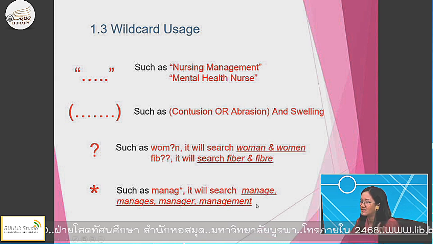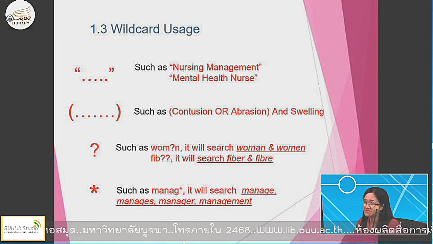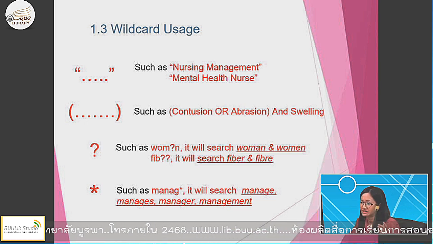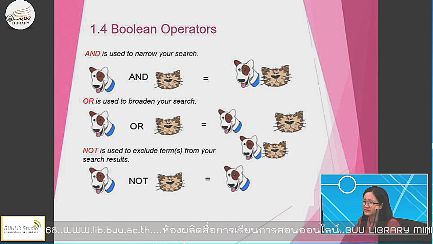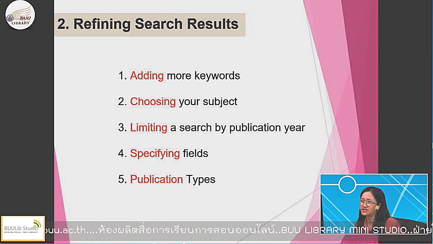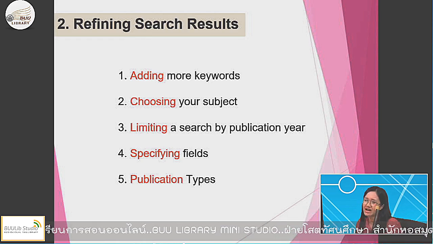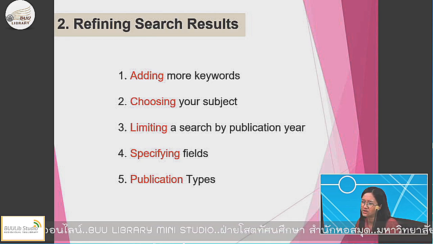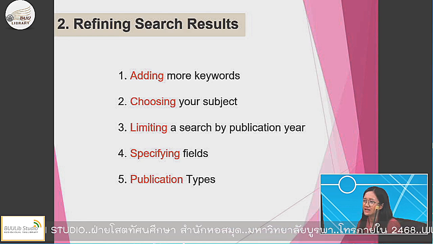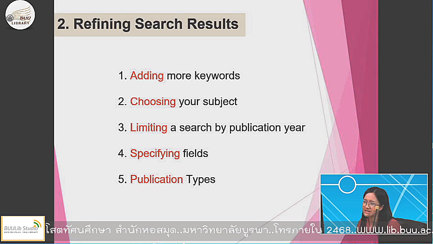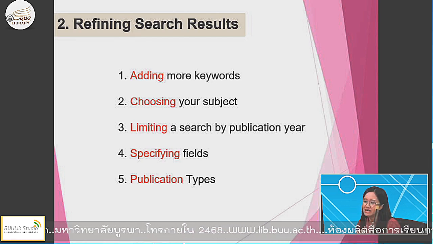So I think you have to see how the different wildcard characters work. And I have taught you about the bullet. After you finish with it, you have to refine the search result. Refine means you filter it or you limit it. First, add more keywords, or choose your subject, or limit the search by publication year, specifying fields or publication